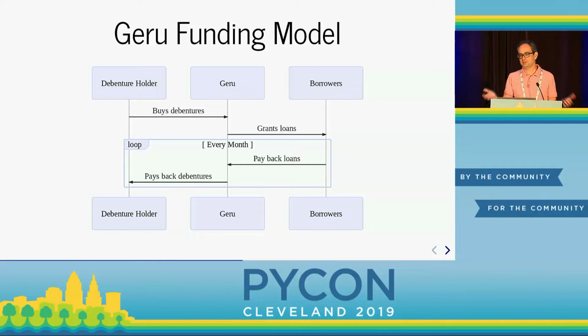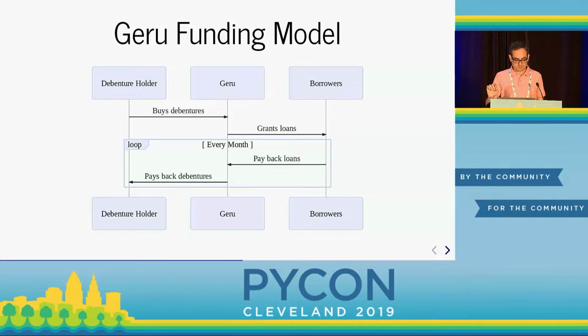The contract for the debenture is such that the debenture holder knows what we're going to do with his money, and he knows that if the borrowers don't pay, that's going to come out of his premium. So the company is not in any danger if the borrowers default. It actually is in danger of investors not wanting to buy our debentures anymore. So we have a really nice credit model to select the right borrowers. But anyway,